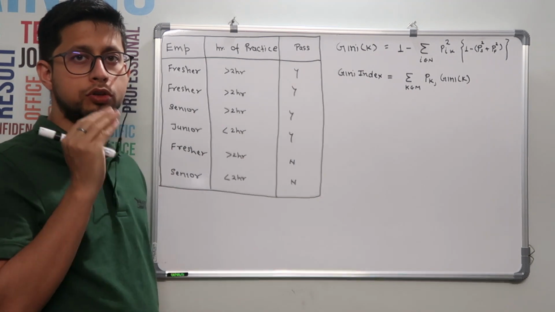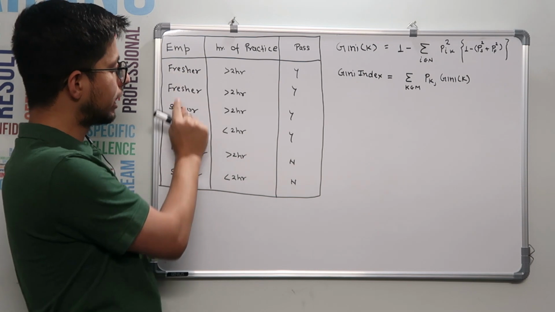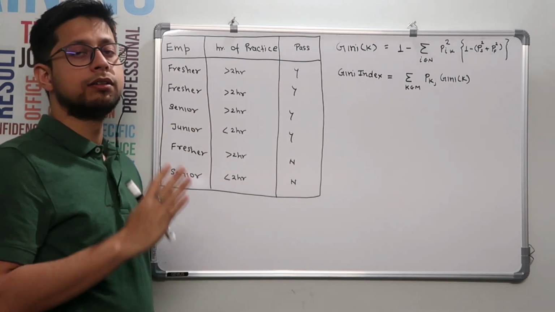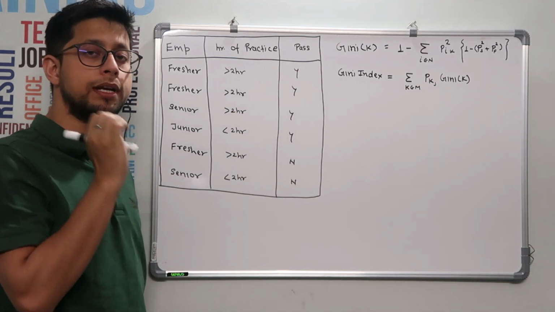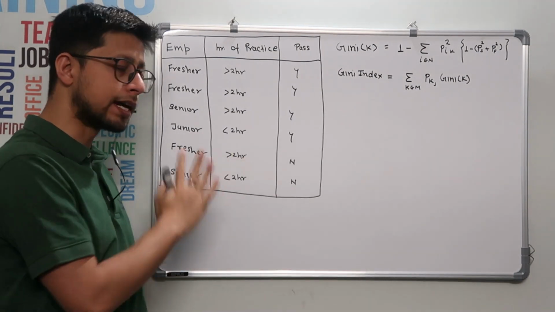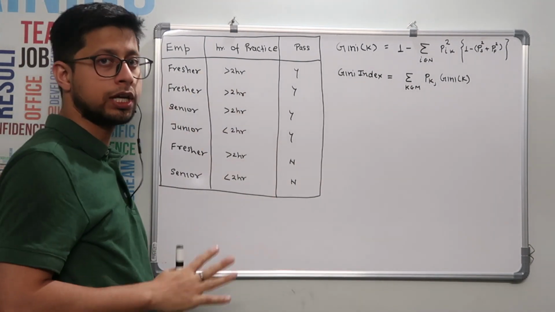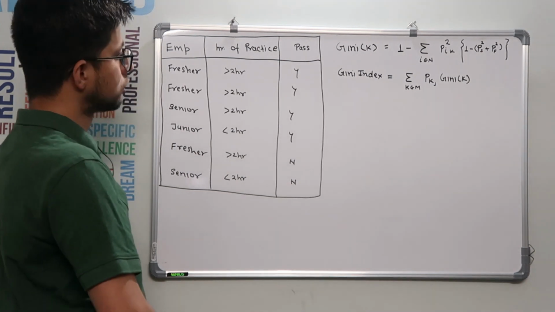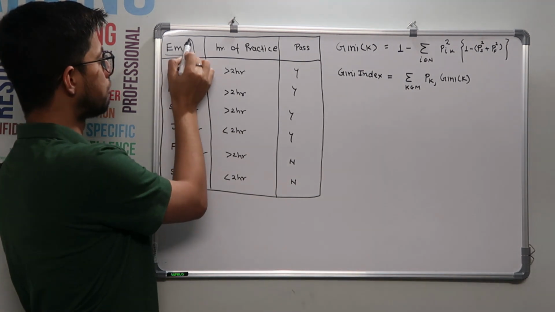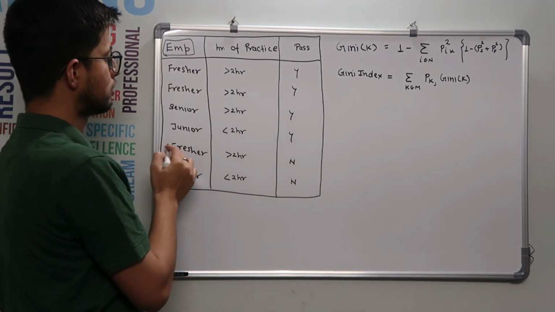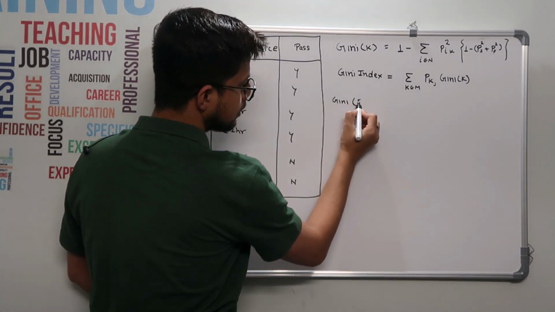So our problem is to first define the parent node. What will be the parent node? Here I have taken only two predictors, but it doesn't matter how many predictors you have, the concept remains exactly the same. You can extend the same concept I am going to describe to other features also, in a big data set. So first, how to calculate the Gini. Suppose I am going to calculate the Gini for employee categories. So we will calculate the Gini for fresher.